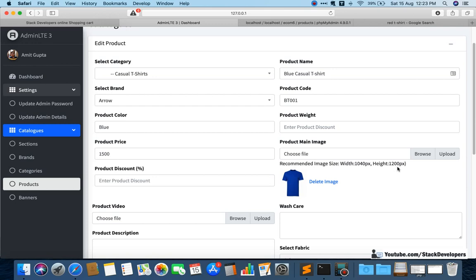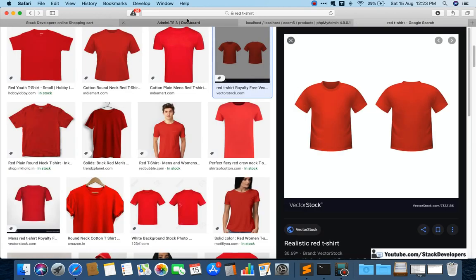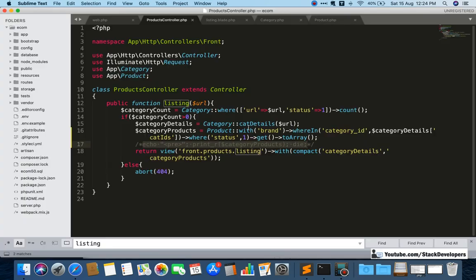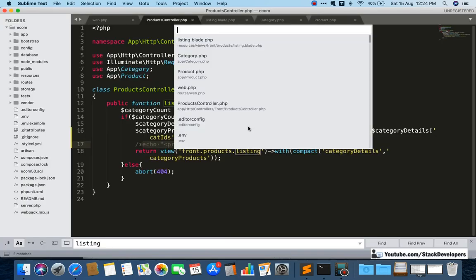And if you want to make width and height the same, like we have now downloaded this image, where width and height are the same, then you must specify width 1000 and height 1000 here, and you can make these changes in your script as well. Okay, we already know where to make the changes.